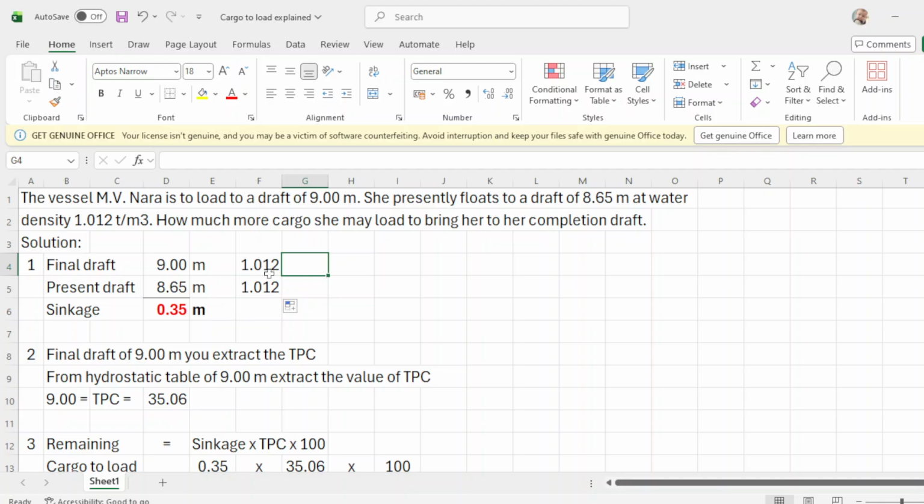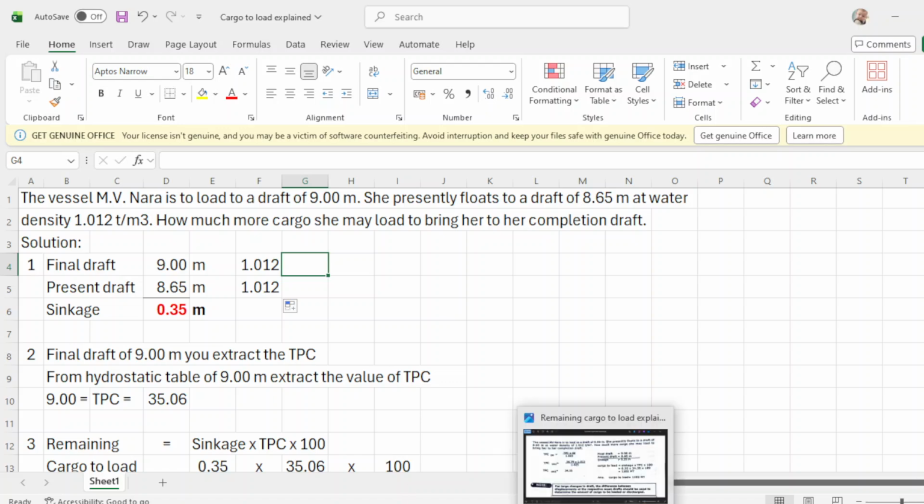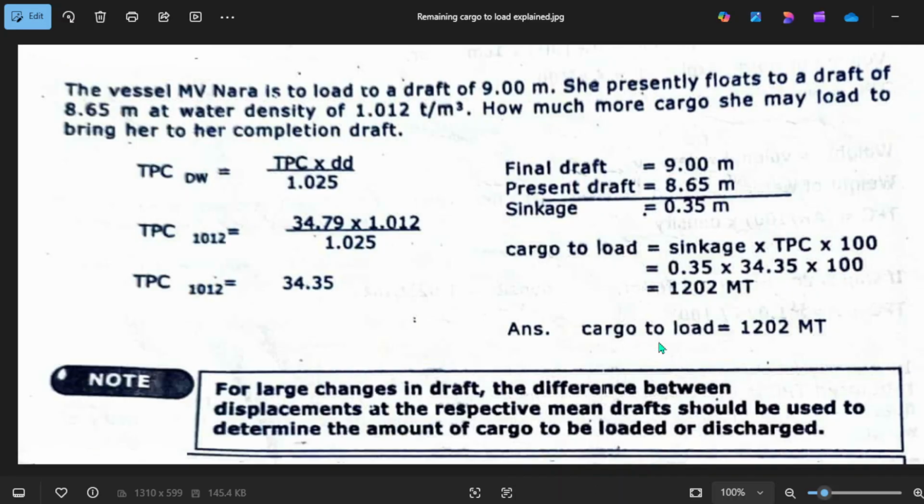But the change of density will not drastically change. Okay, so I think you agree with me. From this TPC is from this density of 1.012, but he has the original problem, which says here,